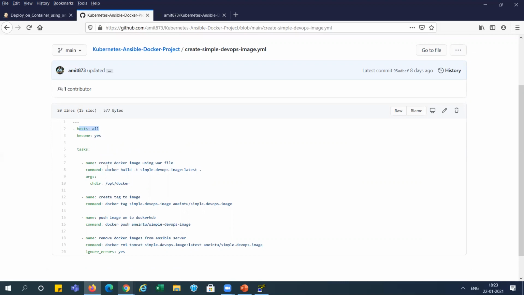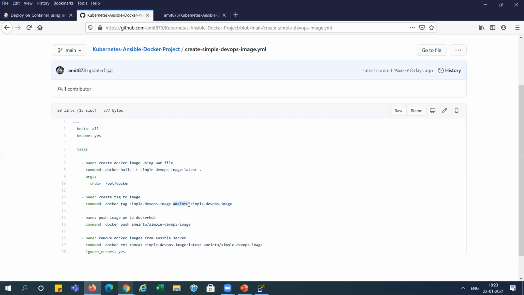And here, first step, we will create the image using the build command, docker build. We will create the Docker image, and we will take the Docker file from this location. After creating the build, we will tag it, because when we push to Docker Hub, we need to tag it.